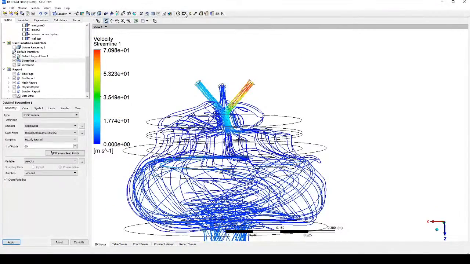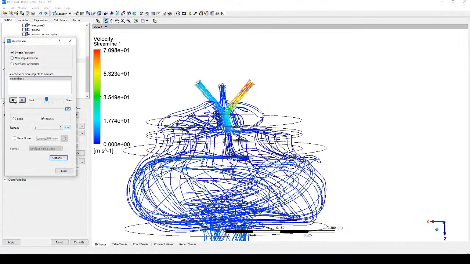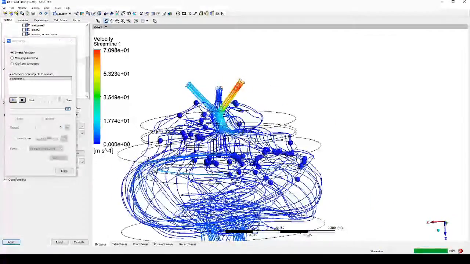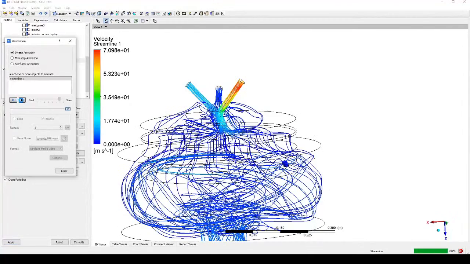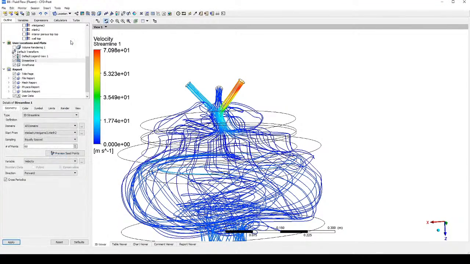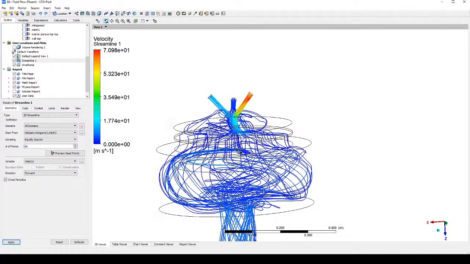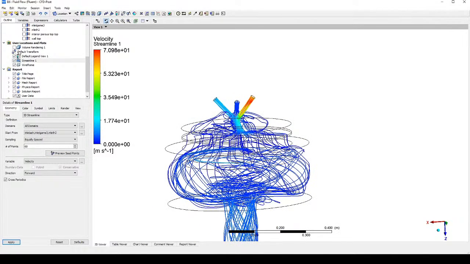Also do a quick animation of the streamline here to see how the flow is. We can maybe color things differently, have multiple streamlines and such all animated together. So lots of options for visualizing the flow, but the point here is that we're able to see the mixing,